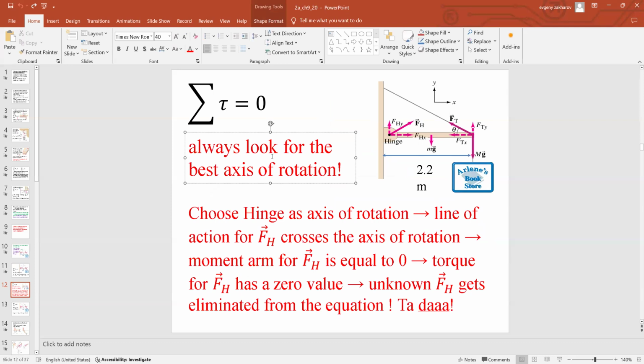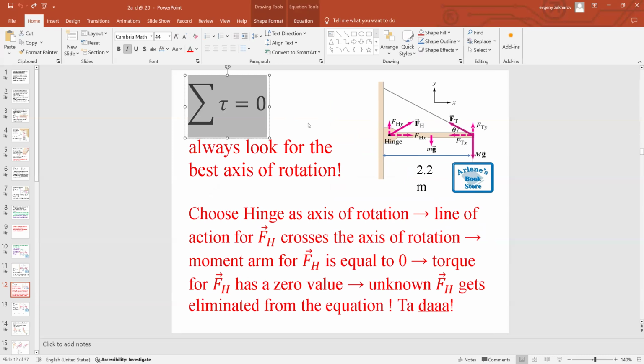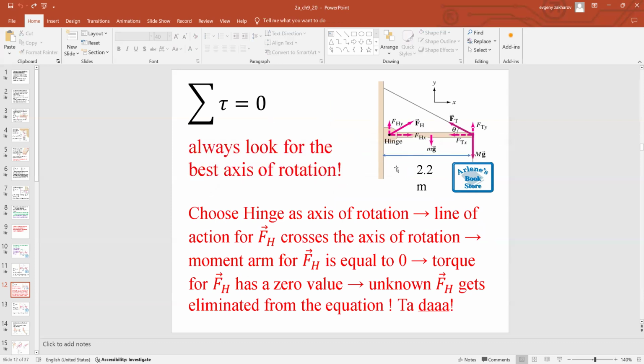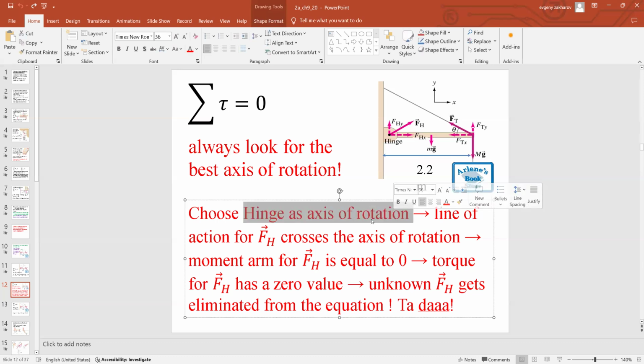And the tricky part is the second condition for equilibrium, the balance of torques equation. See, it says always look for the best axis of rotation. What is the best axis? It's the one that eliminates an unknown force right away. And of course, the hinge is your worst enemy here. So picking hinge as an axis of rotation